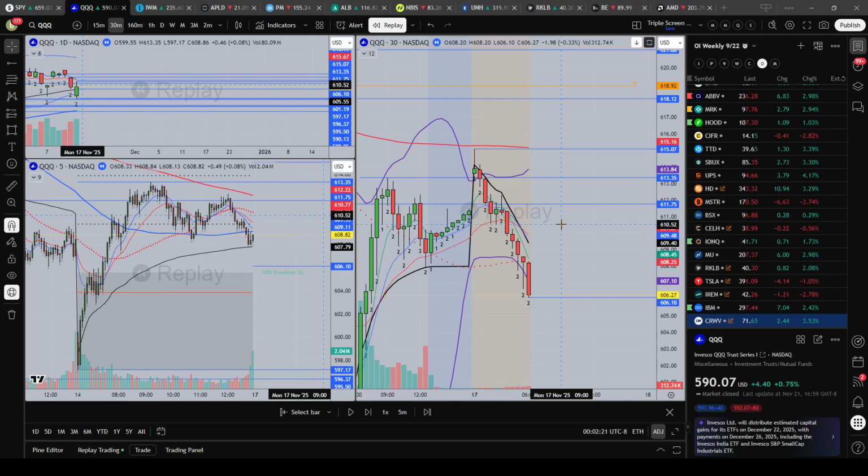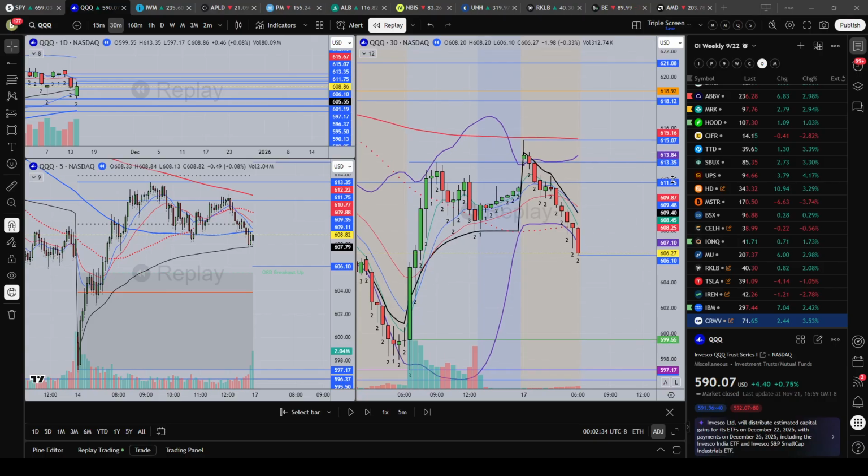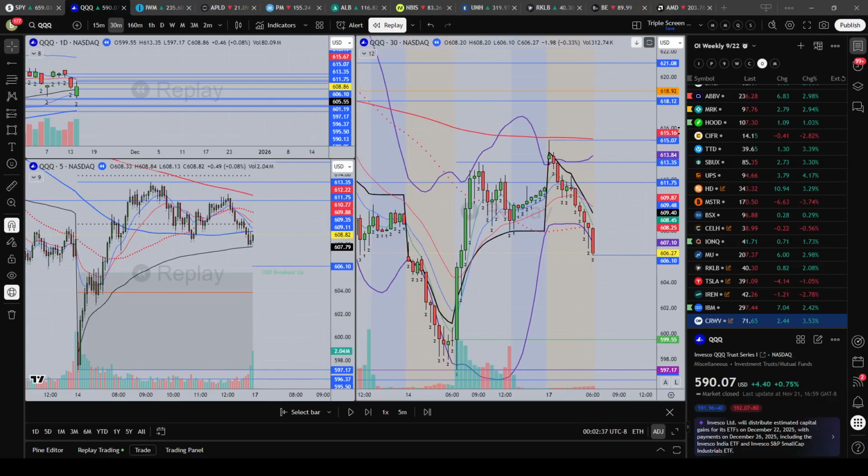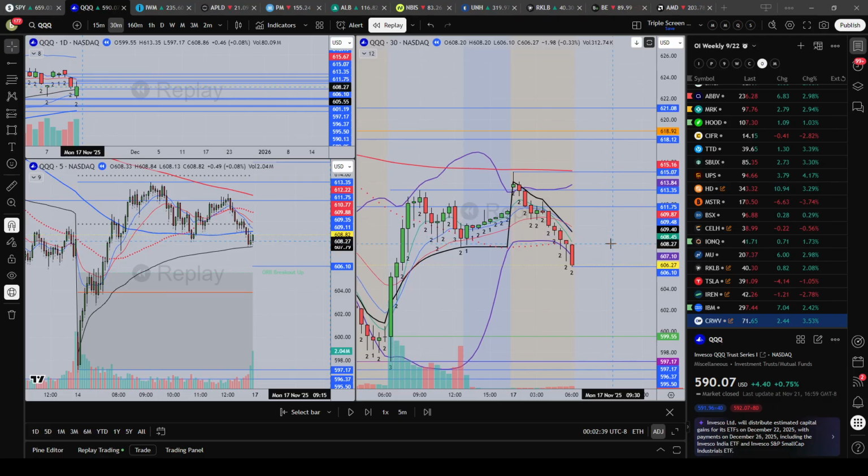We don't want to just assume that the level is there unless it's really obvious. A lot of times if you have a level and the price just goes right through it, cuts through it like butter, it's a sign that the market may not respect it. Just something you want to keep in mind as I talk more about what's going on. So if we go through the first candle of the day